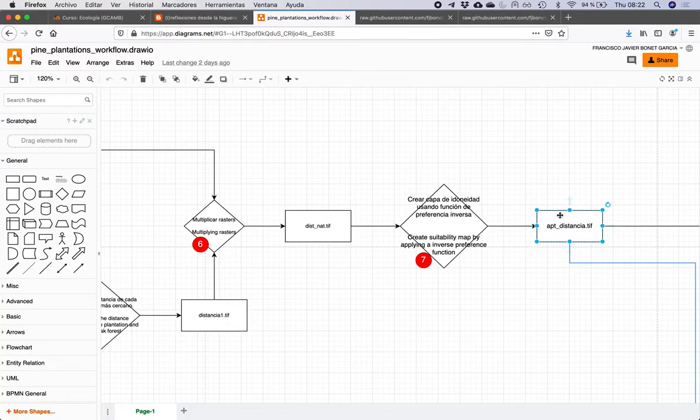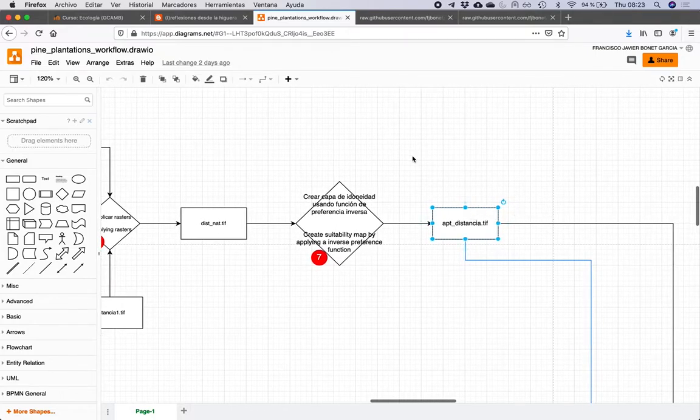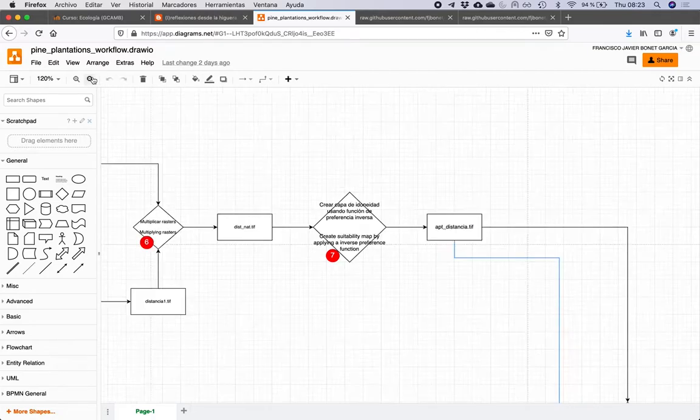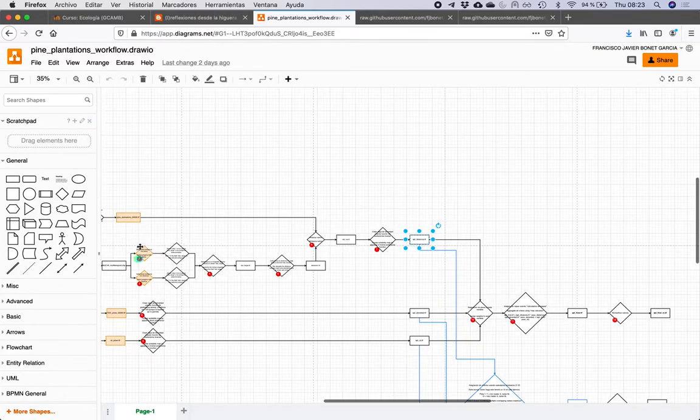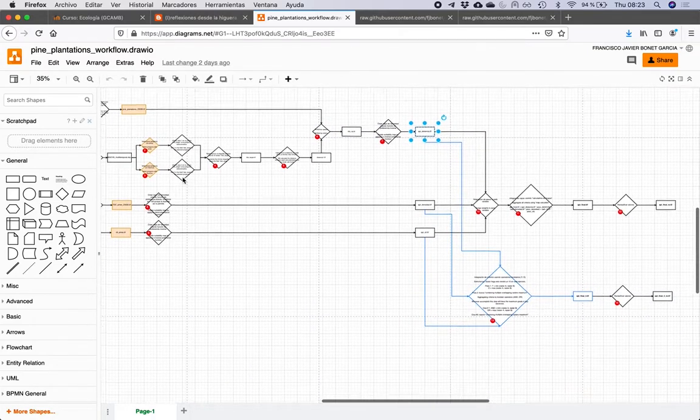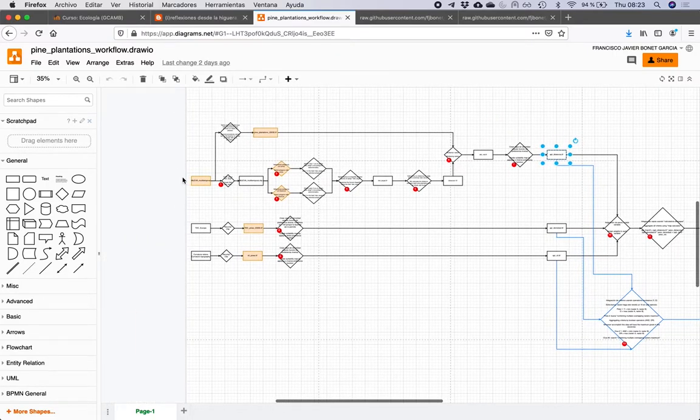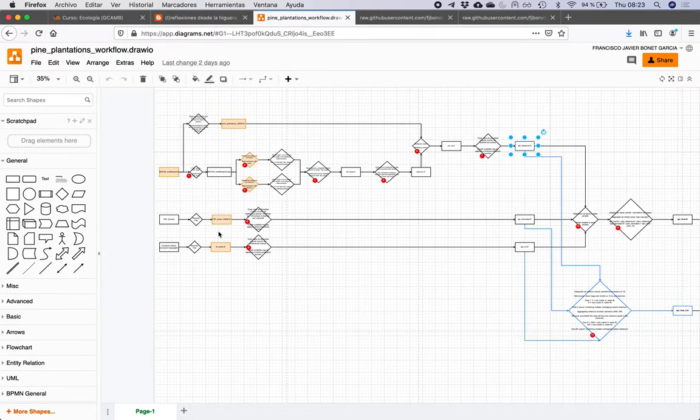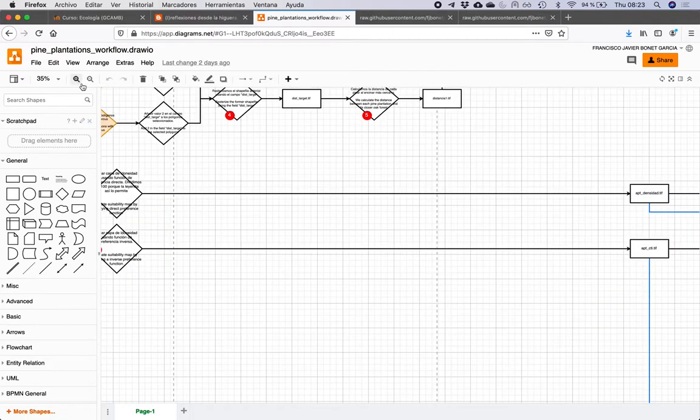We are now here. We have created this layer. So we are at the end of a thread. We have already accomplished all this part of the workflow. We are working very fast. And now we are going to focus on the remaining variables, the density of the pine plantations, as well as the potential soil humidity. We will work now with